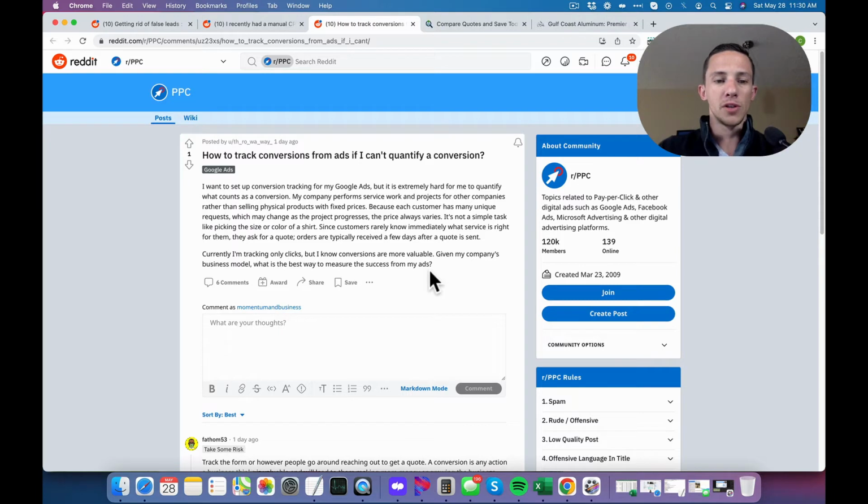Okay, so first and foremost, if you're just running ads for clicks, Google will absolutely hose you with clicks. They will get people to click on your ads who have very minimal, if any, interest in your actual business. If you're running ads for clicks, just stop it right now. I literally do not run any ads for clicks. There always has to be a conversion event integrated with the campaign that Google is optimizing for. And that's very, very important.